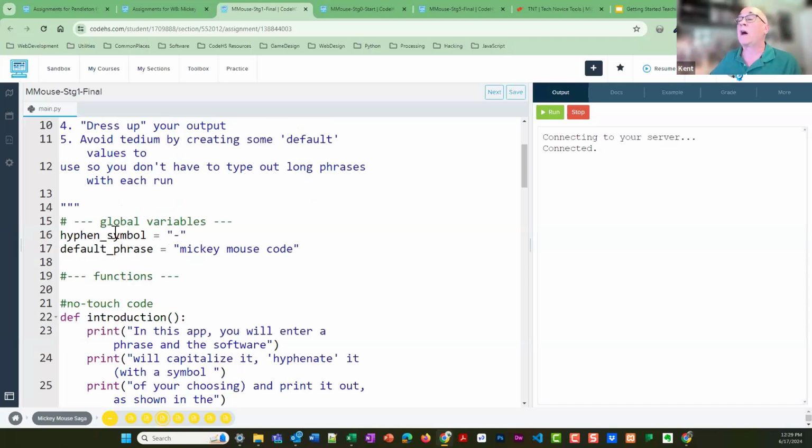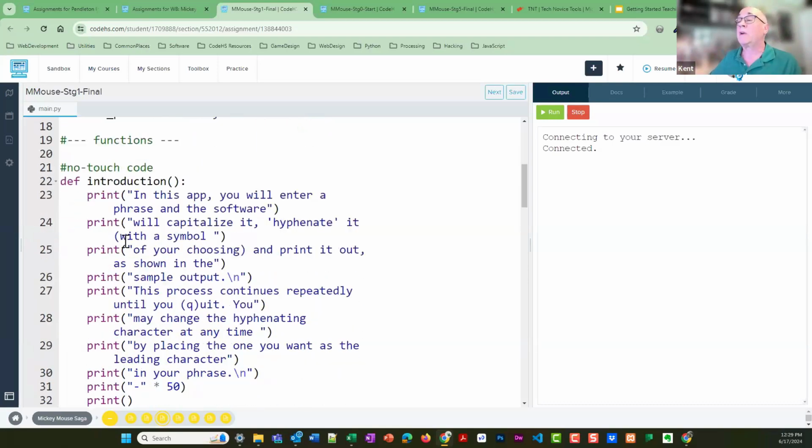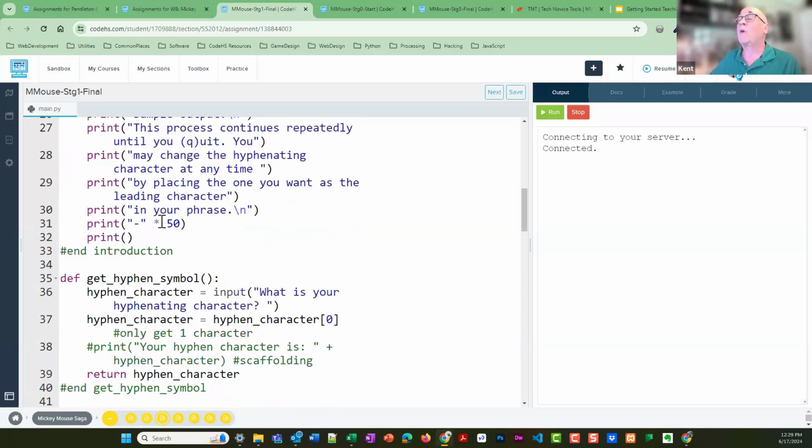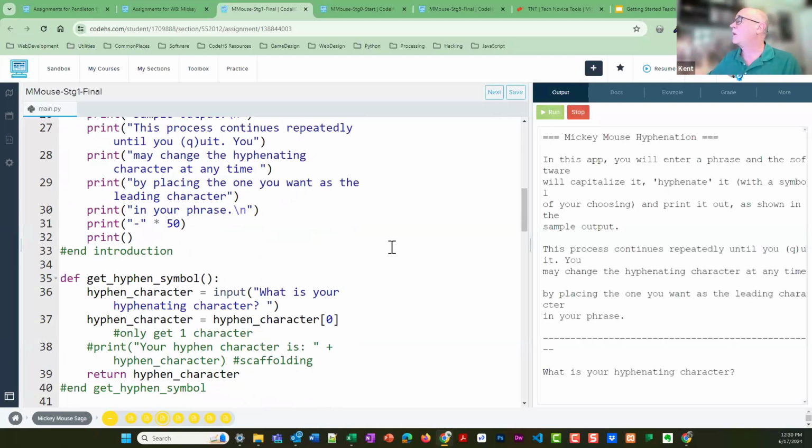At any rate, I've got the global variables, and then there's the introduction, which we talked about. Now, one thing that's kind of cute, if you look at line 31, if I run this thing, this is something new that I introduced. I will tell you the ugly secret. I didn't like Python at first. I was appalled at any language that used spaces for programmatic content. It's like, if I had hair, I'd pull it out. How can you do this? But as I've seen the power of Python, I've become a fan.